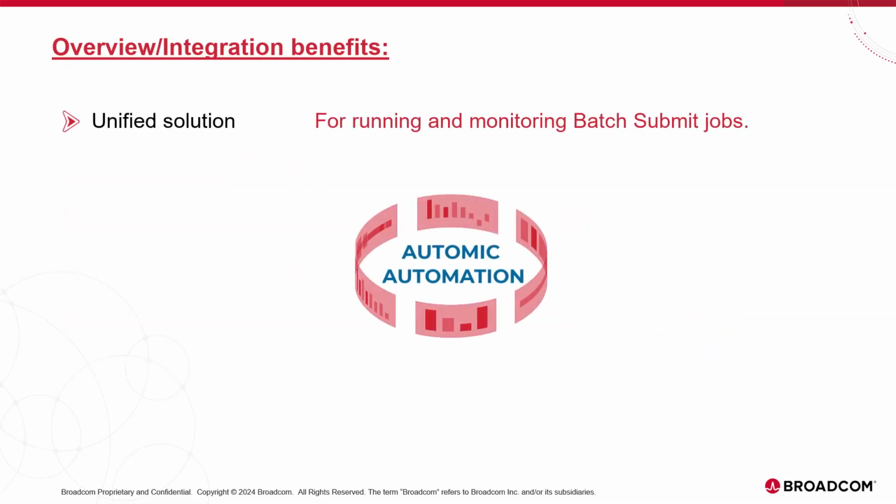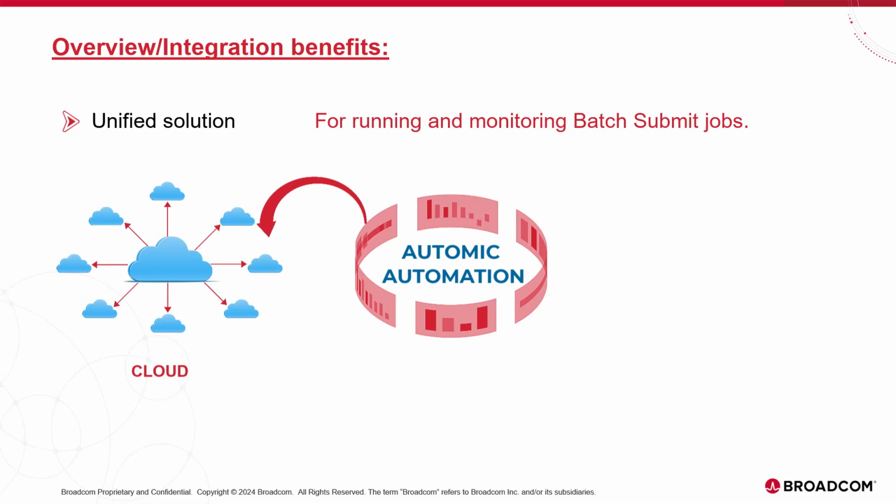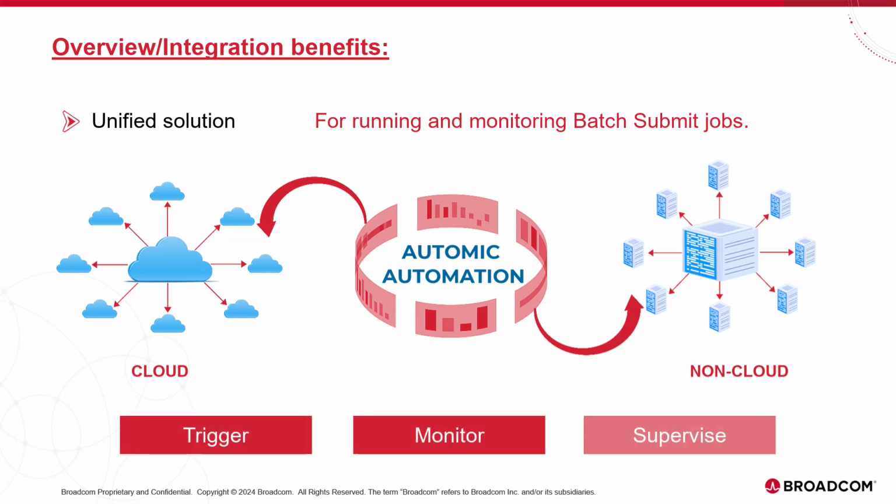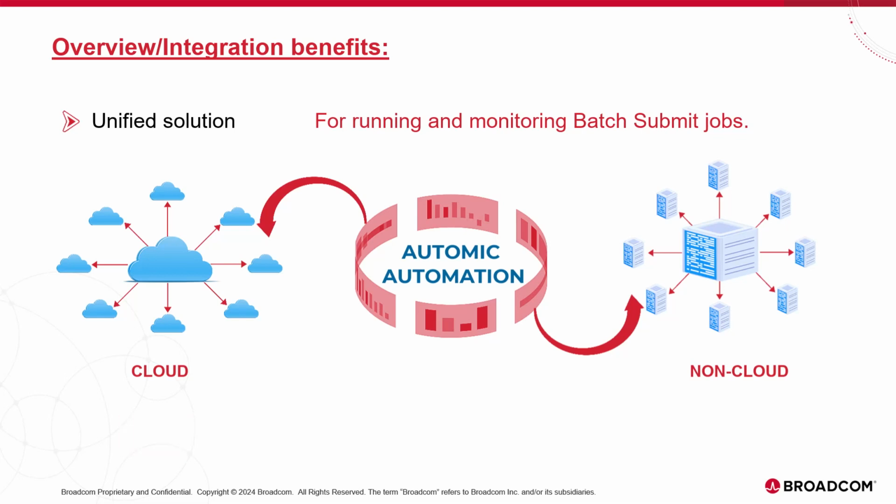Automic Automation plays a central role in orchestrating operations across multiple environments, including the cloud. Automic Automation synchronizes these processes with other, non-cloud operations. By integrating AWS Batch, we can configure process automation centrally in Automic Automation and then trigger, monitor, and supervise everything in one place. AWS Batch processes can then be synchronized with all other environments routinely supported by Automic Automation, like